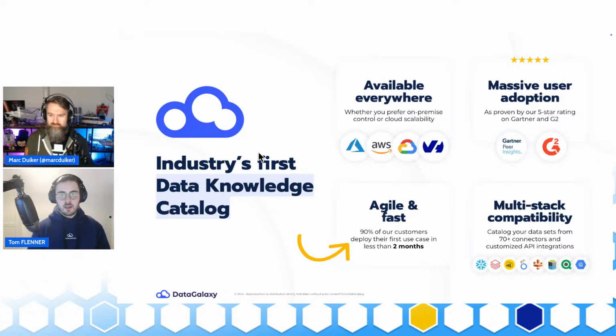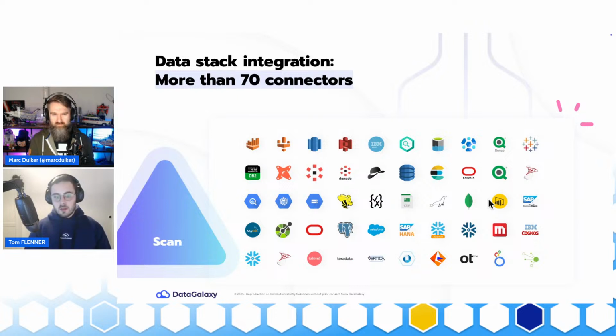We can say that we are scanning fast, and we are compatible with multiple data stacks. As you can see on the bottom right here, we are compatible with more than 17 connectors for integration on the data stack. As I mentioned, there is a lot of compatibility with external tools such as Power BI, PostgreSQL database, things like that. And we are able to scan our infrastructure system and gather metadata from our company, and also feed our data catalog to empower knowledge.